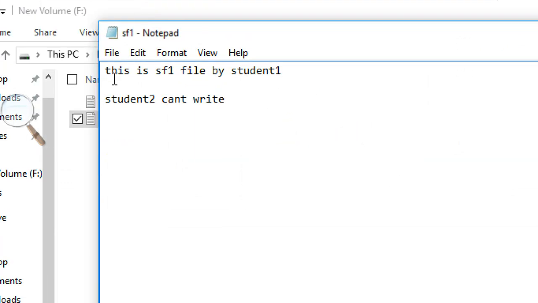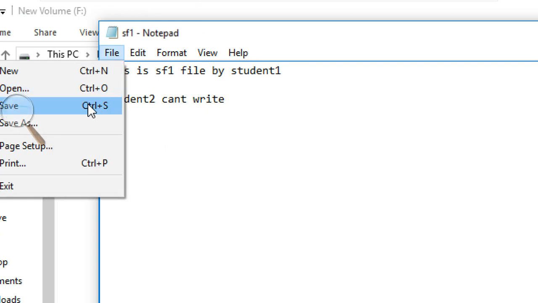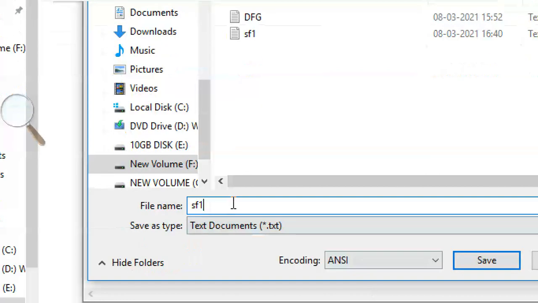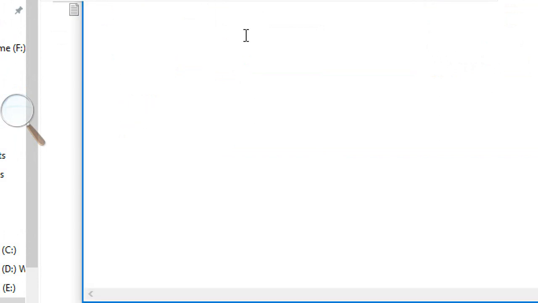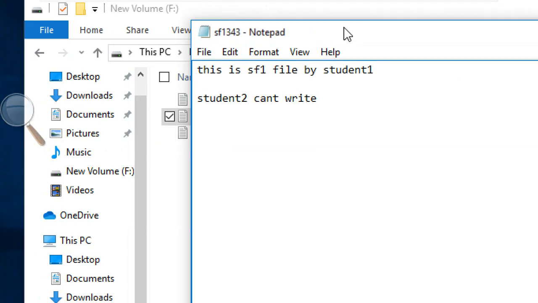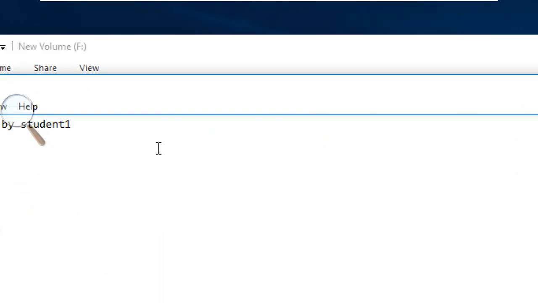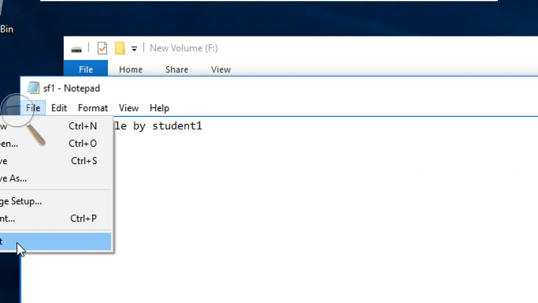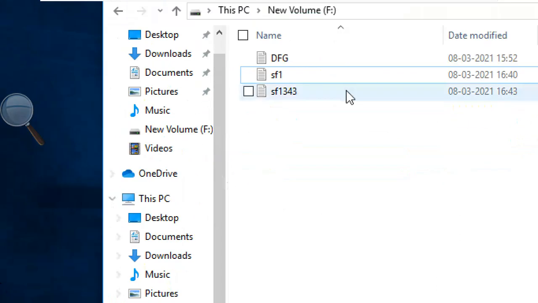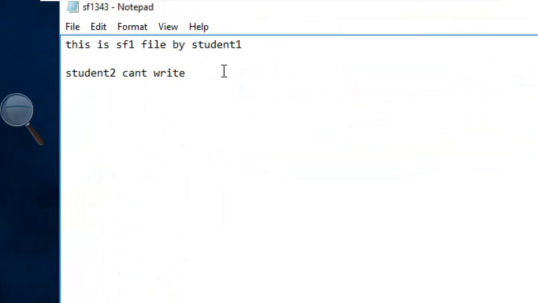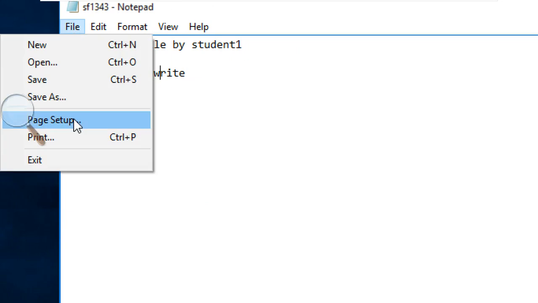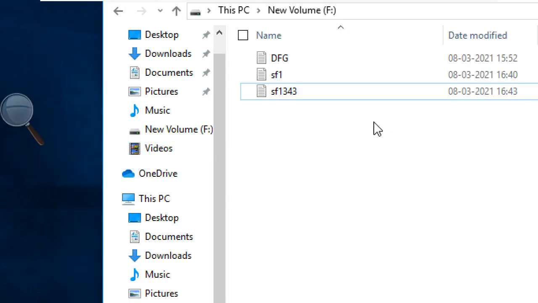But you can do save as with a different name. When I put some number, a different name, and save, it is saving with that name. See? But it is not corrupting our actual file, the actual file has the same line only. This is a different file with this data. Even that we can restrict, like the user can read also. If you deny read, then we can't open it itself.